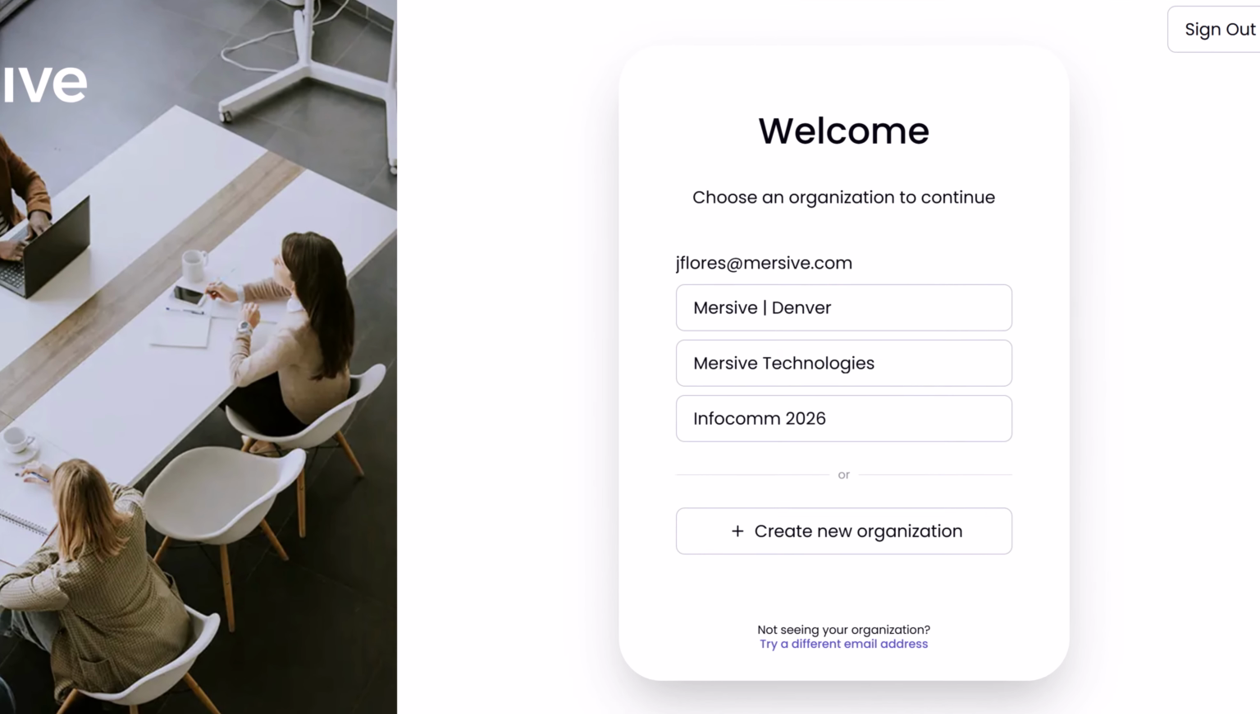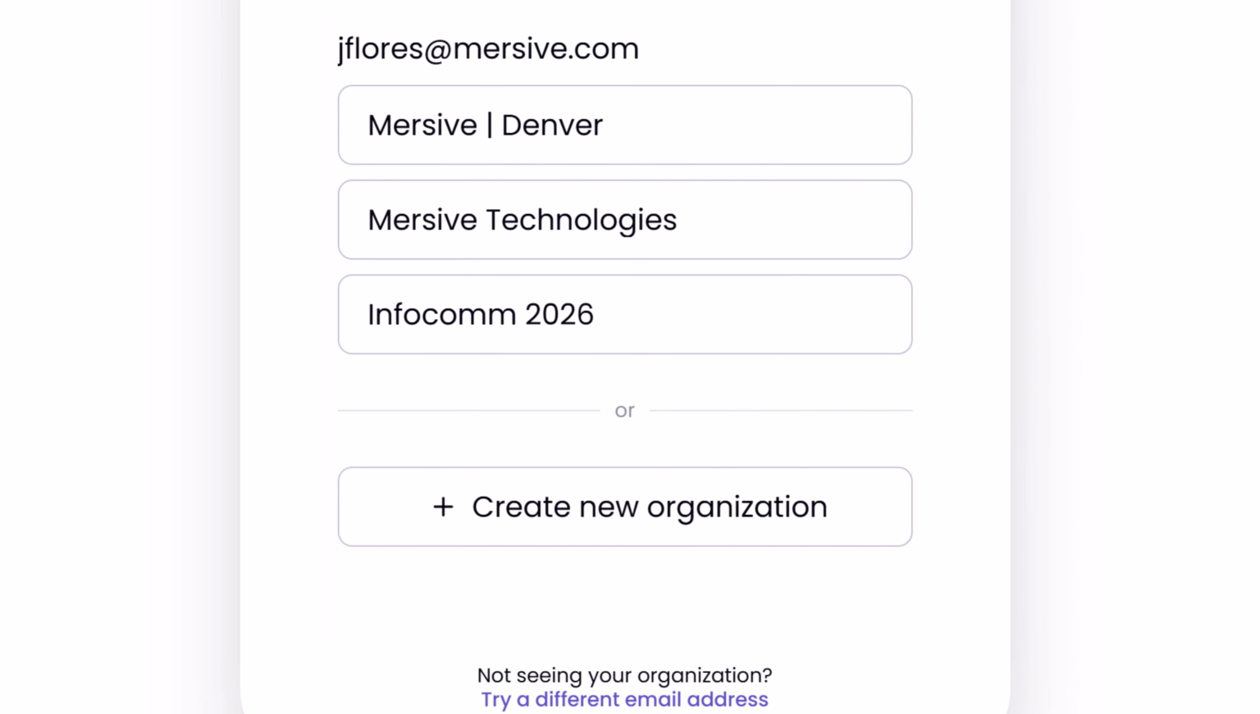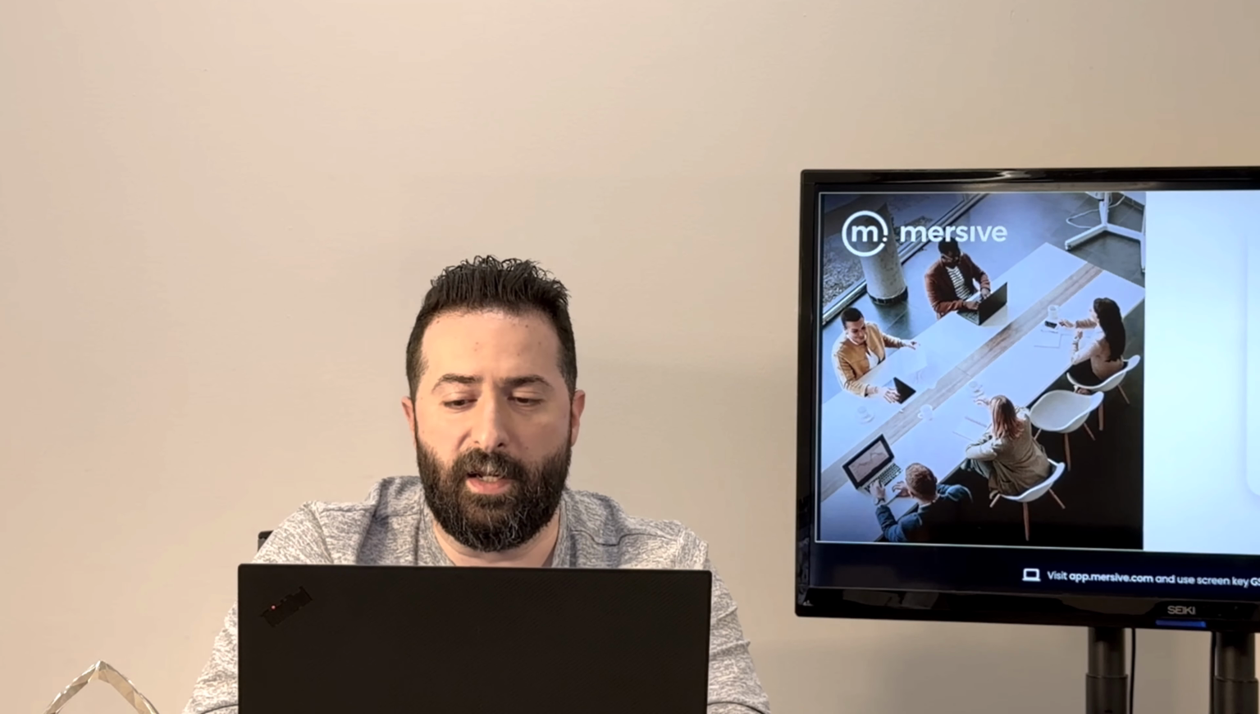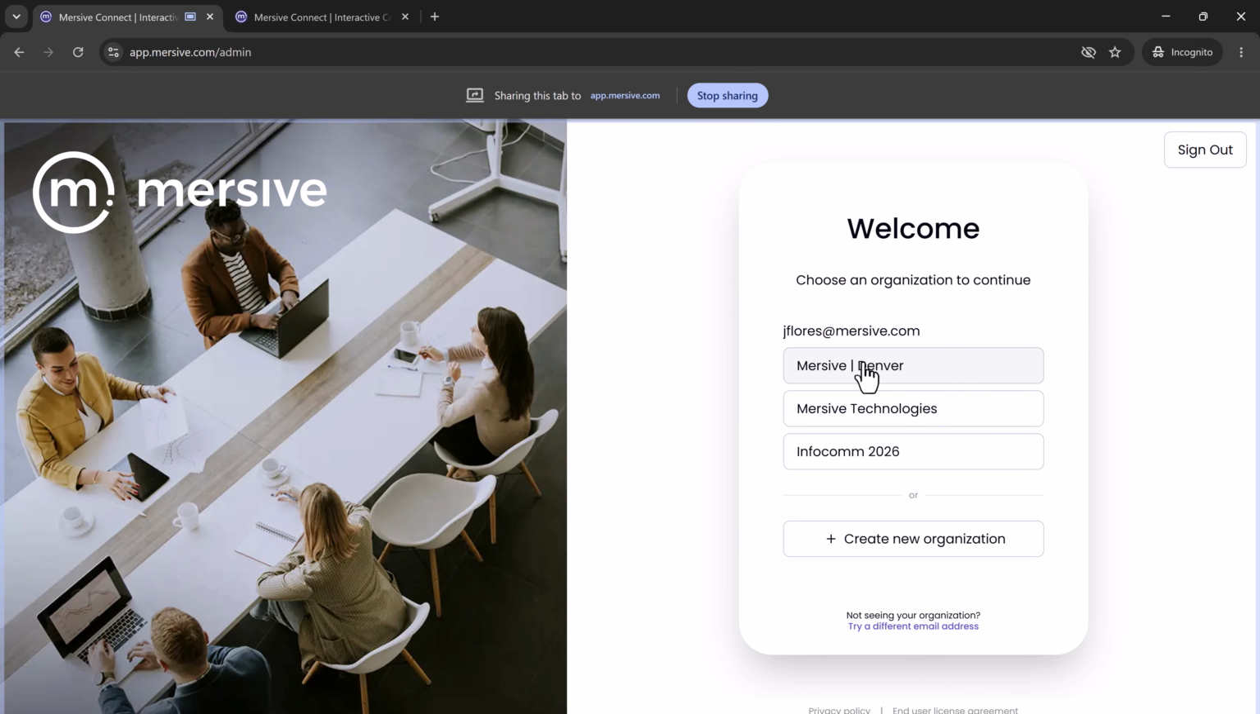You can think of organizations like a folder that your devices belong to. Now on the organizations page, or the lobby, you can also create a new organization on the fly for any reason that makes sense for you and your fleet. I'm going to go into an existing organization,